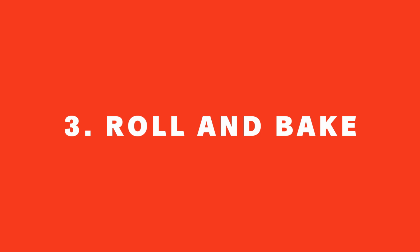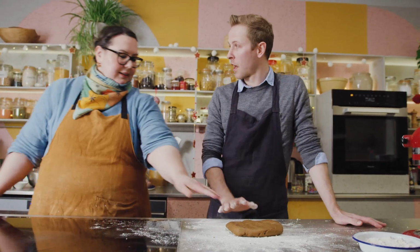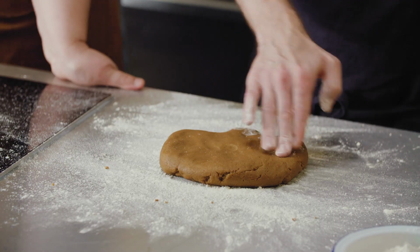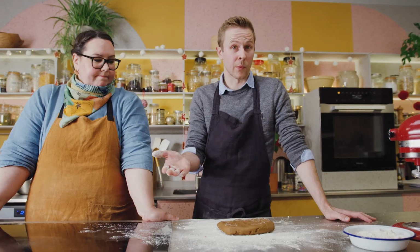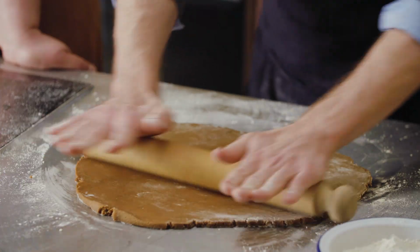All right, here we got the chilled dough. Nice. It's darkened slightly, right? Yes, it's getting a little darker, and it's nice and firm, perfect for rolling. Nice. That's what we're doing next. That's what we want. So we just roll it to about 4 to 5 millimeter thick, and we don't want